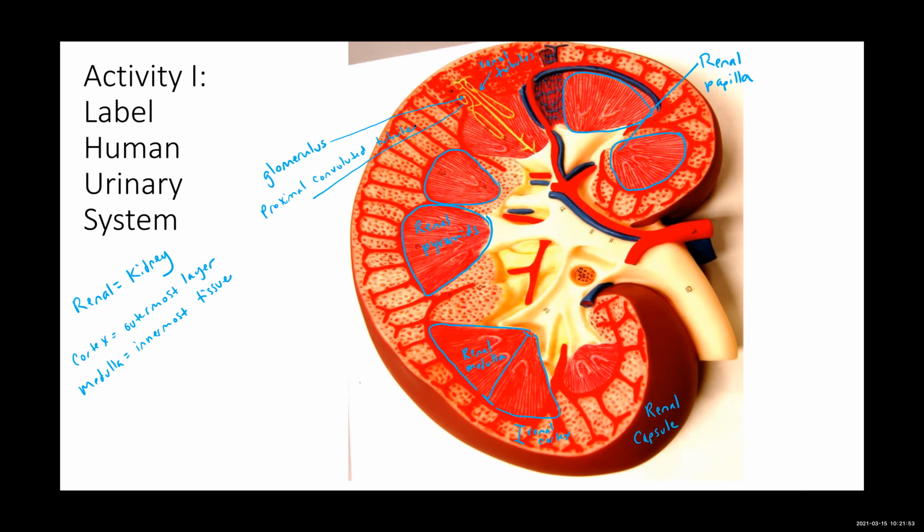Now remember, in our lab manual, it's actually just listed as proximal tubule, so you can use that terminology if you'd like. If you trace from the glomerulus, the proximal convoluted tubule goes down. And where it goes down, we're going to call that the descending